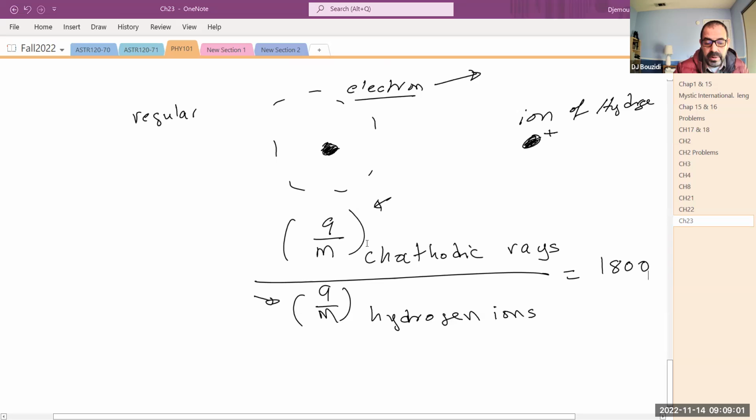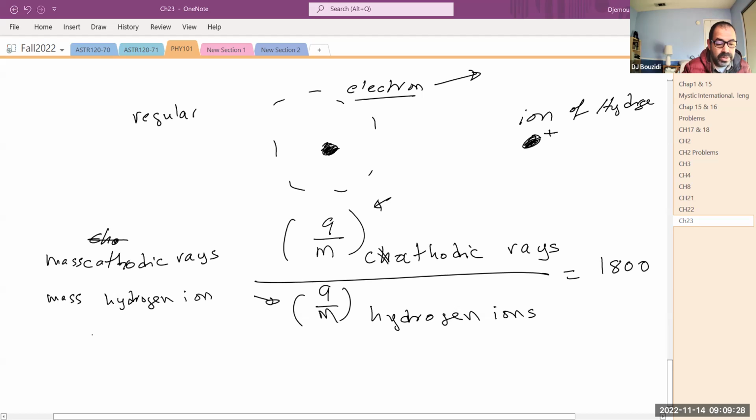So if I maintain the masses are the same, let's say, for example, I know the mass of the cathodic rays, and the mass of the cathodic rays and the mass of the hydrogen ions are the same, this is a big if, of course, then